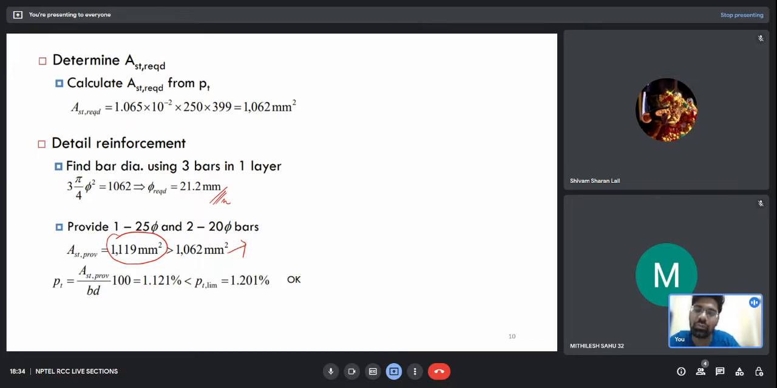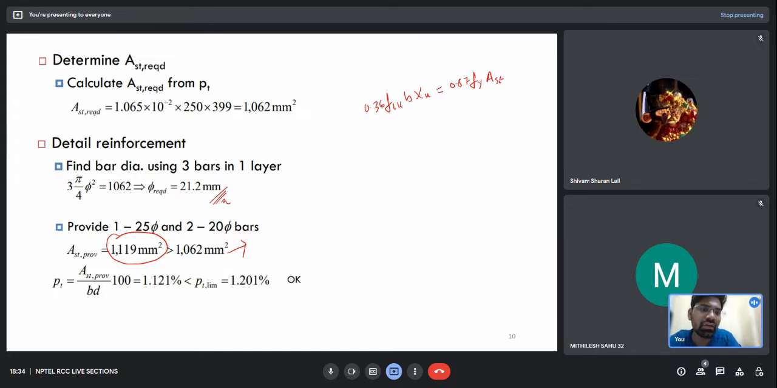So that's fine. If we are providing more steel than the required, then it is good, but less steel would not be good. Okay, so the percentage of steel which is provided is 1.21, which is less than the limiting percentage of steel. So how to calculate limiting percentage of steel? So you already know from force equilibrium, we have 0.36 fck b into xu, that is equal to 0.87 fy